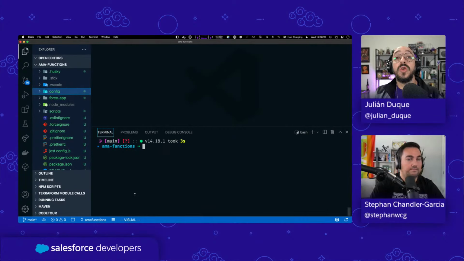You can do it two ways, using the CLI or using Visual Studio Code. And you can write functions using either JavaScript, TypeScript, or Java. JavaScript and TypeScript are going to be written using the Node.js runtime. So you will be able to install any dependency from NPM and use any API available in the Node.js ecosystem. And Java